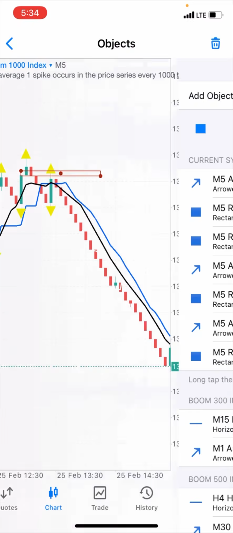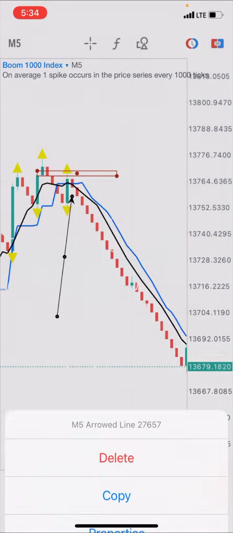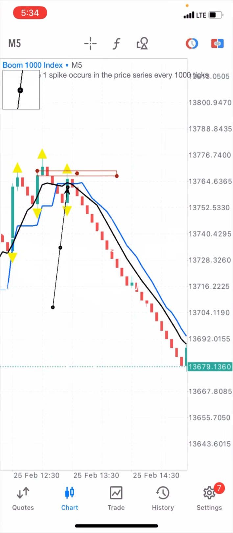There was a spike. Remember, there's a spike here. After this spike, that's when this fractal symbol came up, showing that the price had come to a high that is strong enough to pull the market down, right? That is the resistance level that is strong enough to pull price down. But I would not just enter immediately, right? I would wait for the two other indicators that I have here to